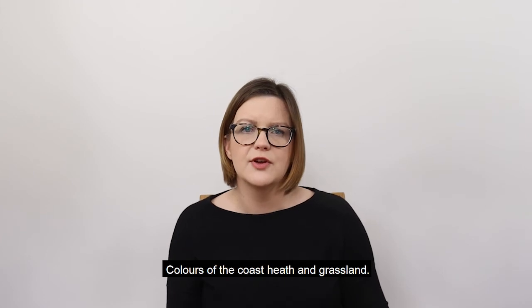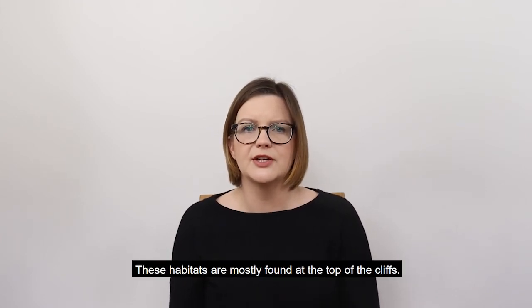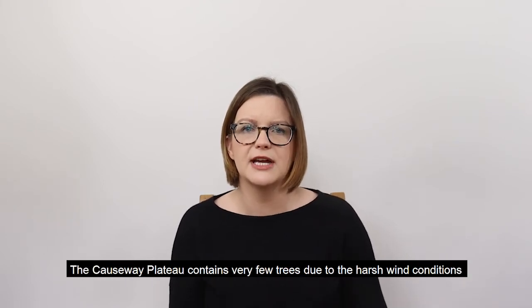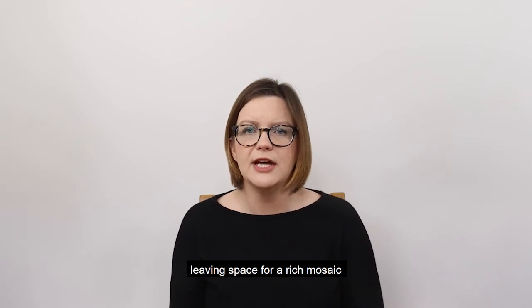6. Colours of the coast: heath and grassland. These habitats are mostly found at the top of cliffs. The Causeway Plateau contains very few trees due to the harsh wind conditions, leaving space for a rich mosaic of